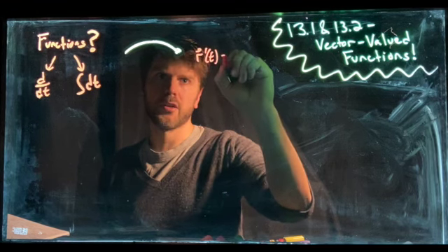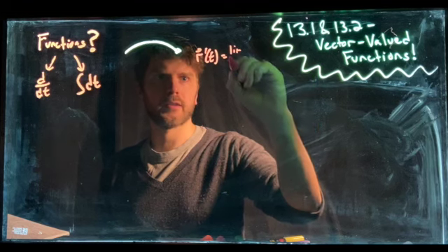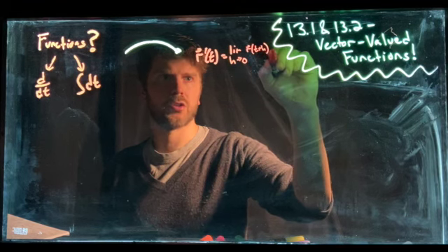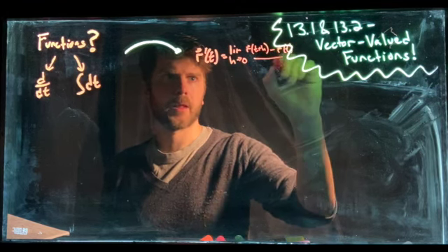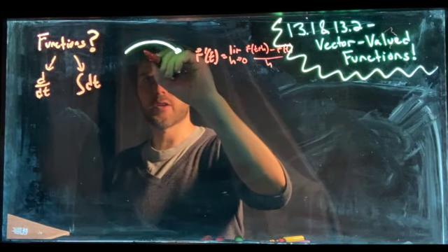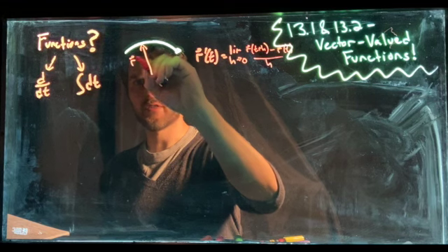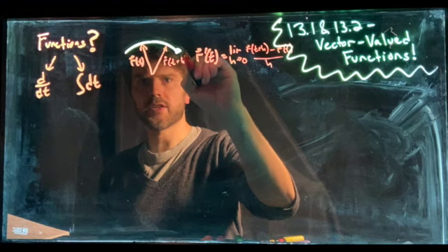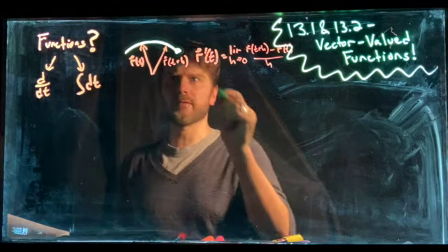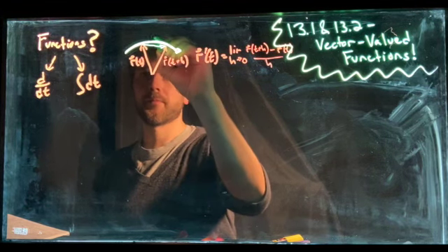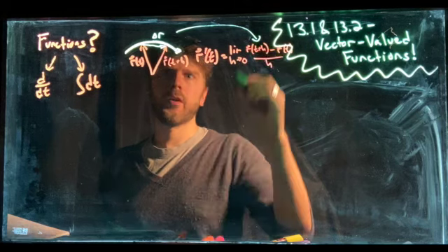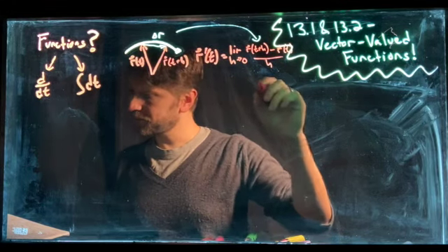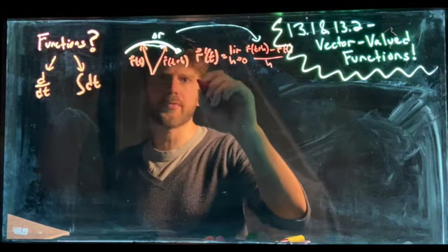R prime of t is the limit as h approaches 0 of r of t plus h minus r of t, all over h. And you might imagine, again, if this is r of t, and this is r of t plus h, that delta r, that between them, kind of runs along our curve. And so what we actually find is that we can define r prime of t in a more useful way,